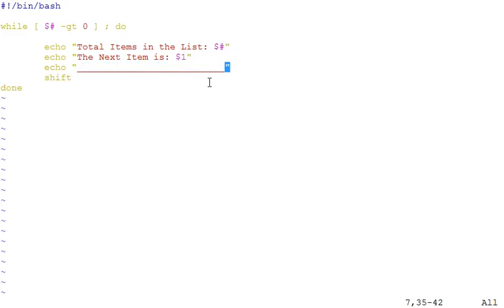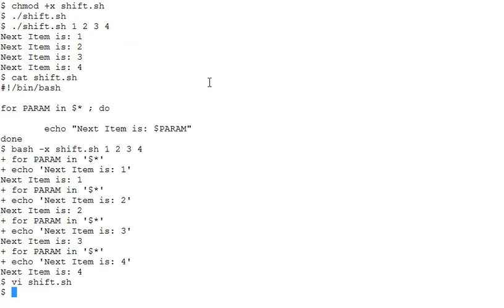Let's just run this script. I'll explain shortly how it works. No output because we passed nothing. So you see, my while loop was not executed. That is to say, the entire block was skipped.